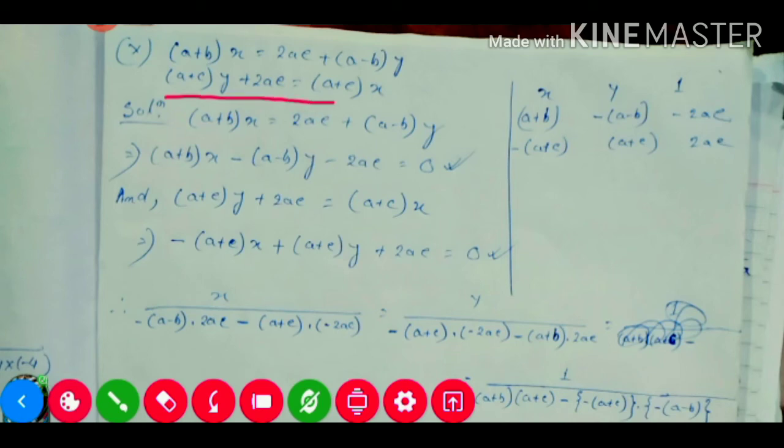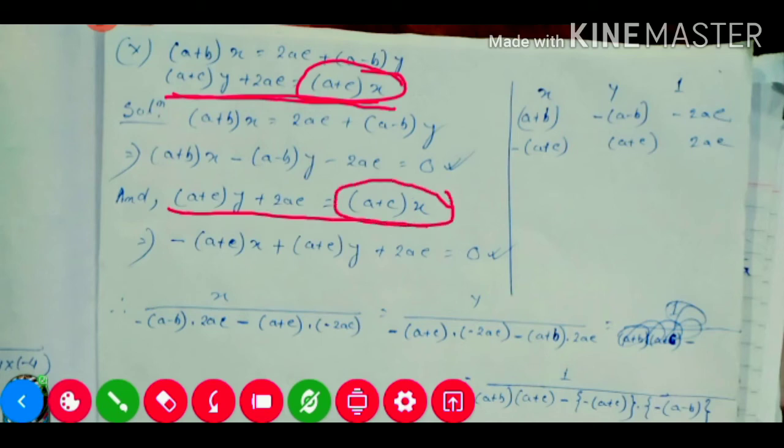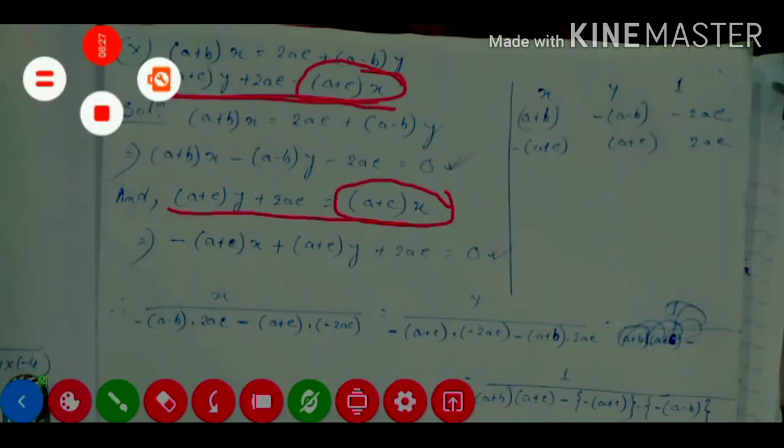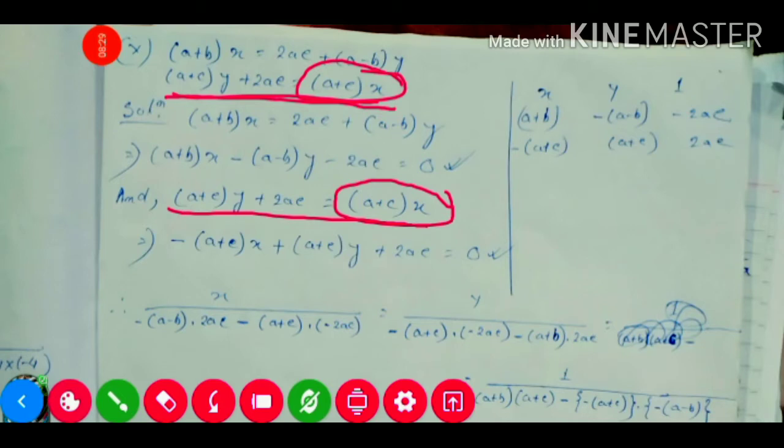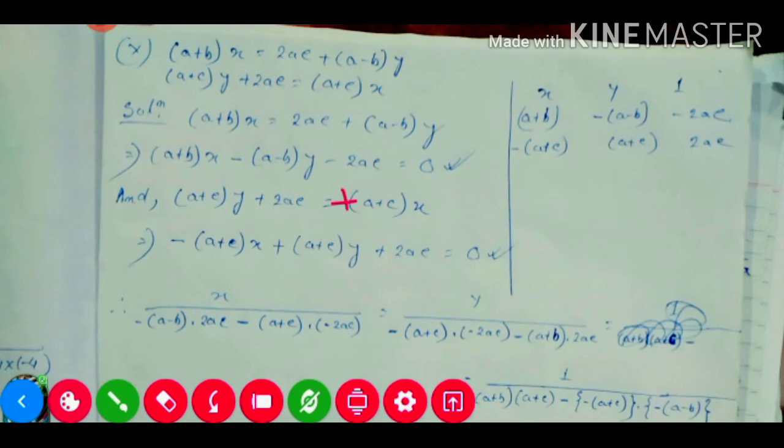Now from equation 2, this one is our equation number 2. So x is our given right hand side. First of all we will write the equation, then this x will shift to our right. If we shift it to the right hand side, it will be minus, because before it is plus, here it is plus sign, nothing means plus. So it will be minus a plus c into x. Then y value will remain the same, because we are not shifting this 2, so the same will remain, this is equal to 0.